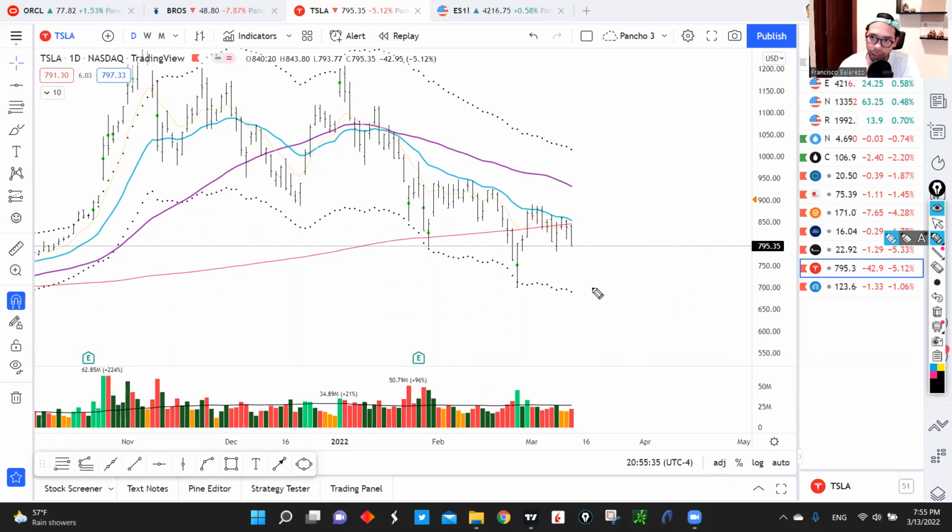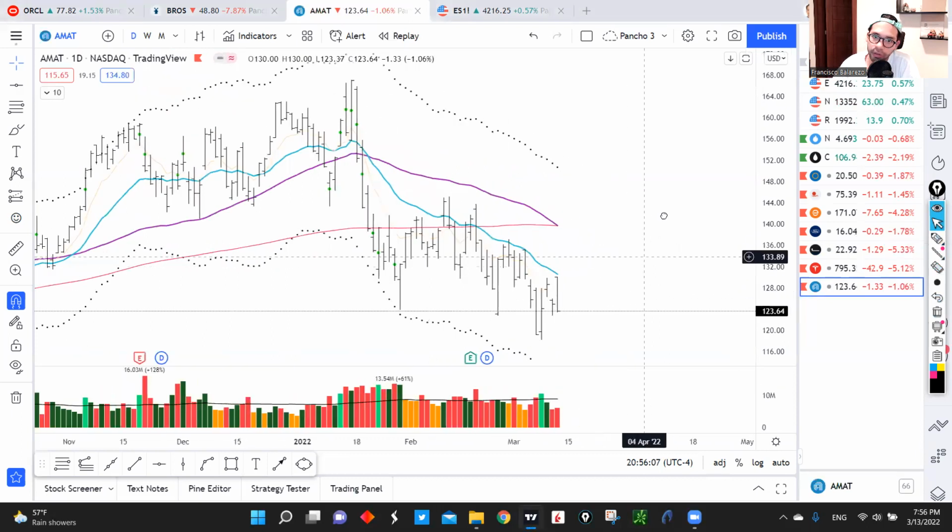And basically what we were talking about, remember that we were talking about looking for a bounce early in the week. So we're going to be able to get a bounce in Tesla all the way up to that 200 daily moving average. And if we are able to get that, we can short it right here. And then our risk reward is going to be somewhere around 5 to 1, 6 to 1, if we short it as close to that 200 daily moving average as possible and using that line as our covering guide.